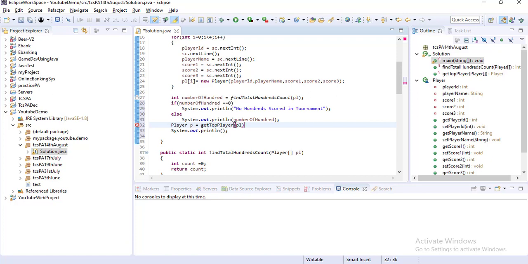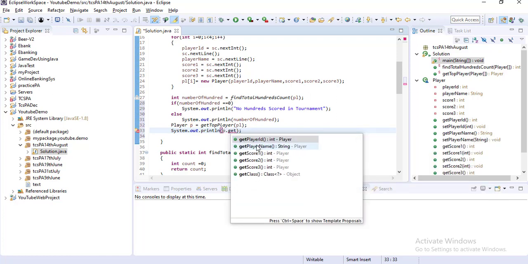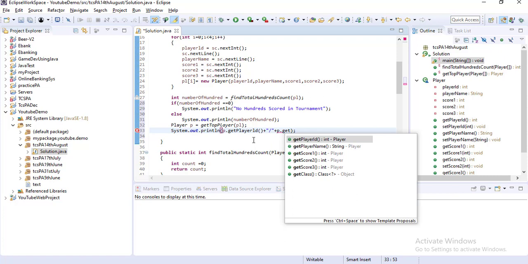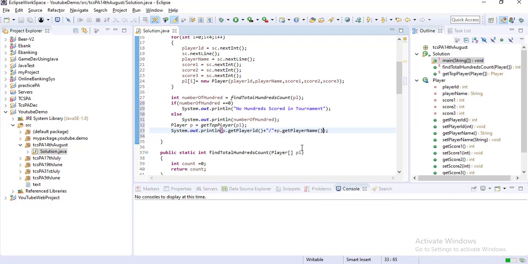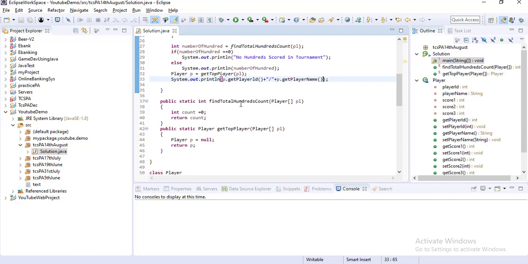You have to pass the array pl to this method, and it will return some player object. Based on the returned object you have to print p.getPlayerId() plus a slash, concatenated with p.getPlayerName(). So these two, player id and player name, you have to print concatenated with this slash. Okay, this is done, and then you have to implement these two methods.